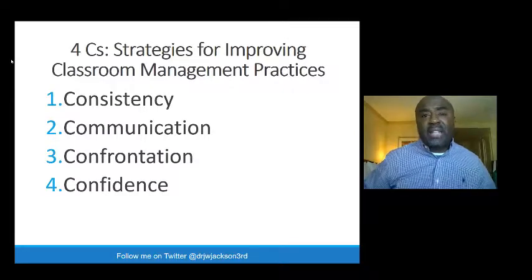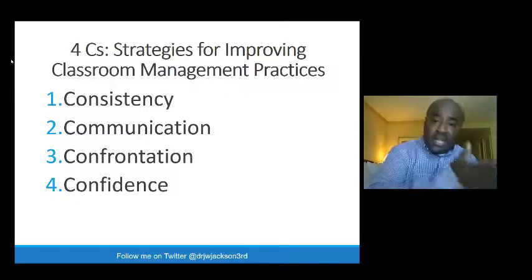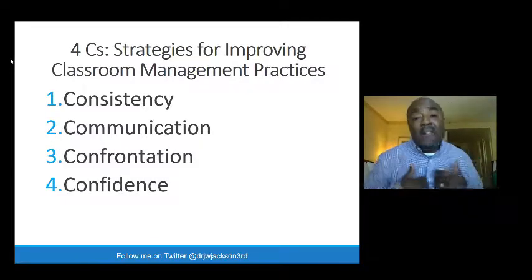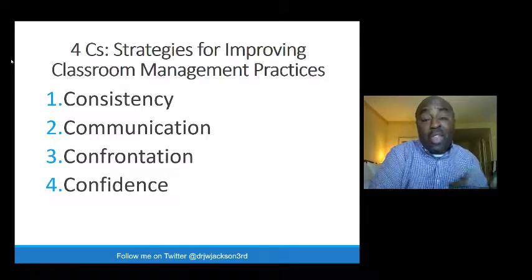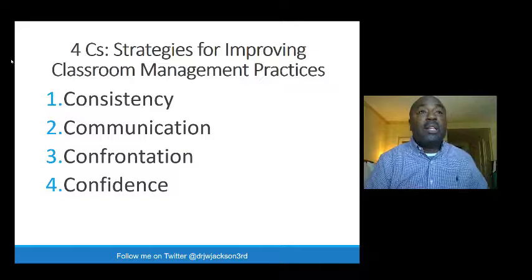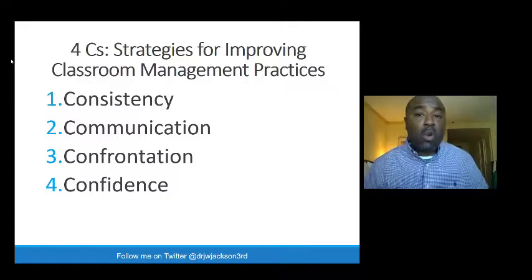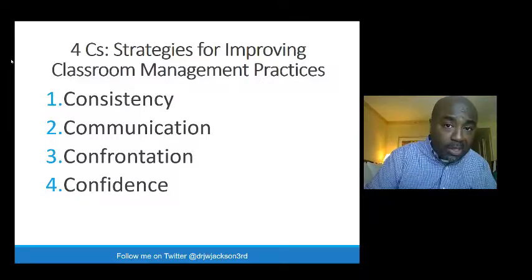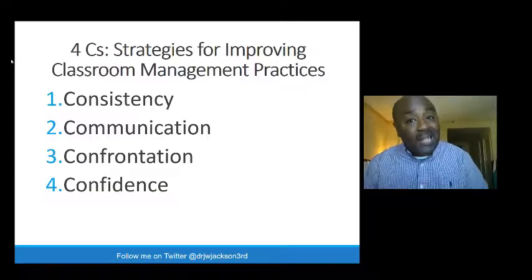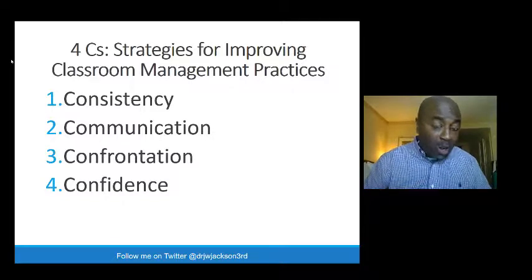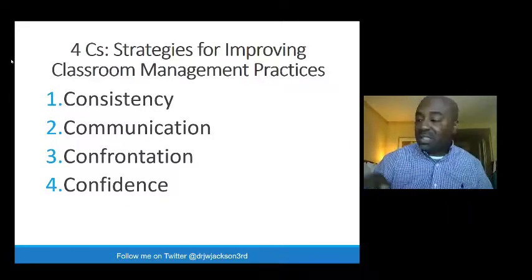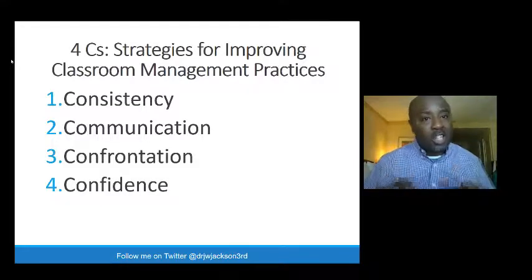If that is the case and you can't do that, then let's be consistent with our own rules. Because what I find is you'll have folks who will not stay with our own rules, and then they'll get mad at the kid because, as an institution, we did not enforce our own rules. It becomes our job, our responsibility, to enforce the rules that we set up for us. The rules are there to keep us safe. If the rule is bad, be smart enough to change it. Be smart enough to sit down and say, let's take this one out, let's adjust it, and let's make this a rule for what does work.